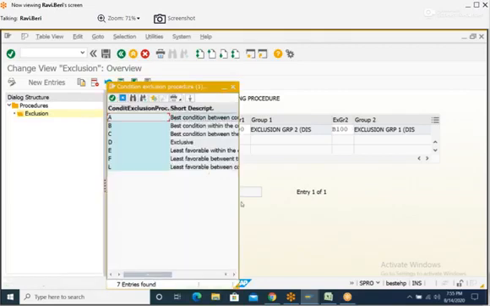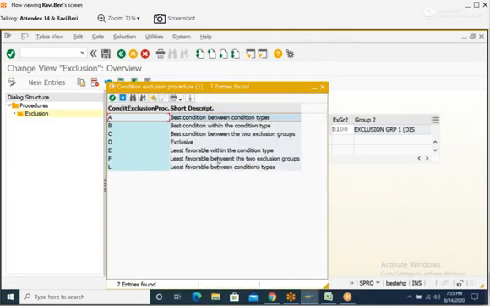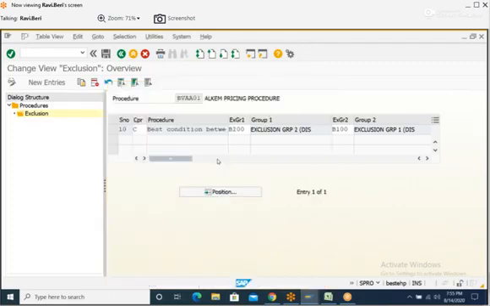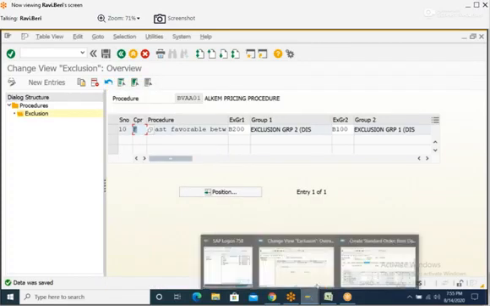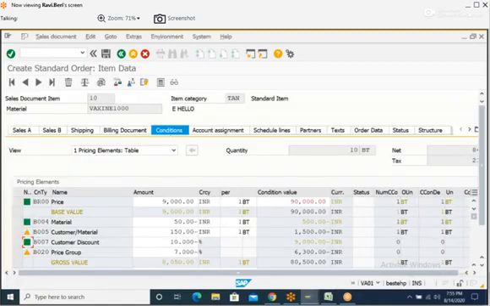If I want to give list, go to configuration. Now I want list group, for example. Then mention F and see the result. Create one order. I'm creating one more order.